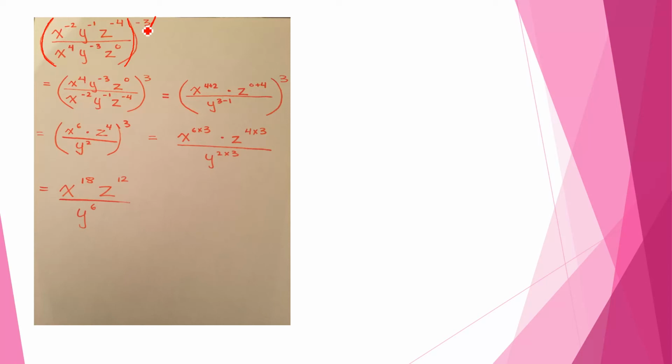So this -3 is now converted into positive, right? It is the whole power, I am not focusing on the individual now, I am focusing on the whole power. Whole means this -3 belongs to each and every variable in the numerator and each and every variable in the denominator. This is the power of everyone, so you have to make it positive. How will you make it positive? Just change the position, bring the numerator into the denominator, the denominator into the numerator, but please do not change the sign. This is the important thing here, right? Okay, so we did this.